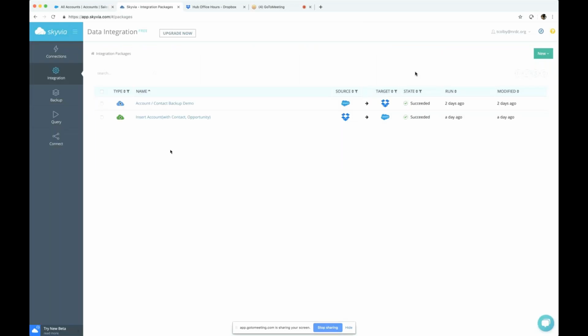Skyvia is a tool that I absolutely adore. It works really well for a lot of nonprofits because they have a very generous free tier. The free tier allows you to do a lot of different things, including automating imports. So if you're getting a spreadsheet on a weekly basis, maybe with your donations from a source, it allows you to set up an automation that will pick that data up and allow you to put it